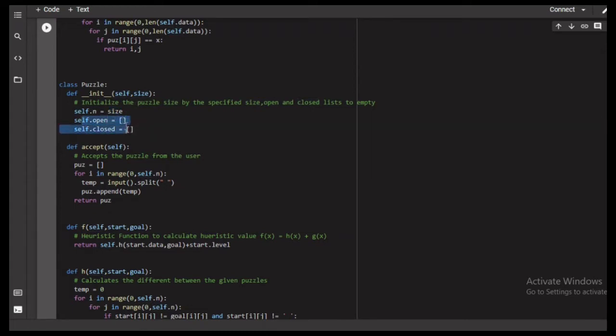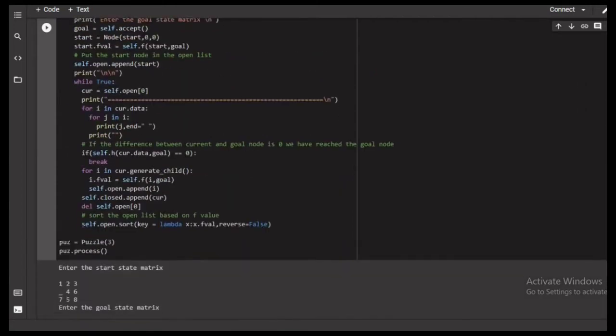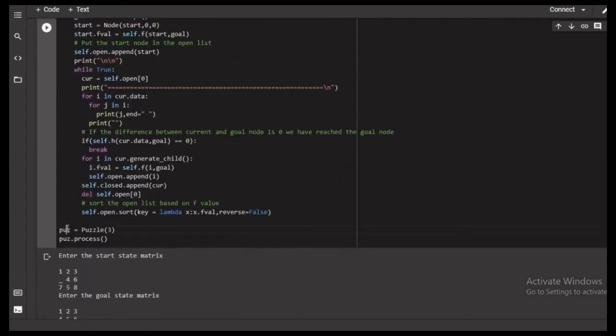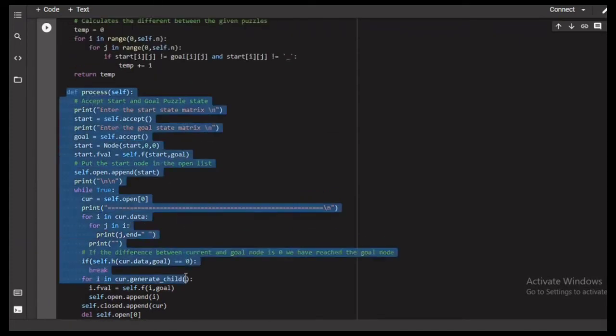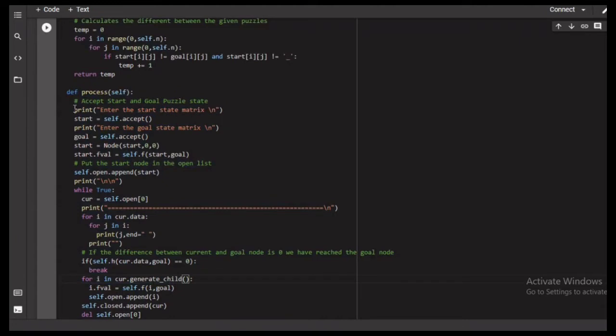After creating the object, we are calling the process method on that object. So here is the process method. Here we first ask the user to enter the initial matrix, and for that we are calling the accept method of the same class.